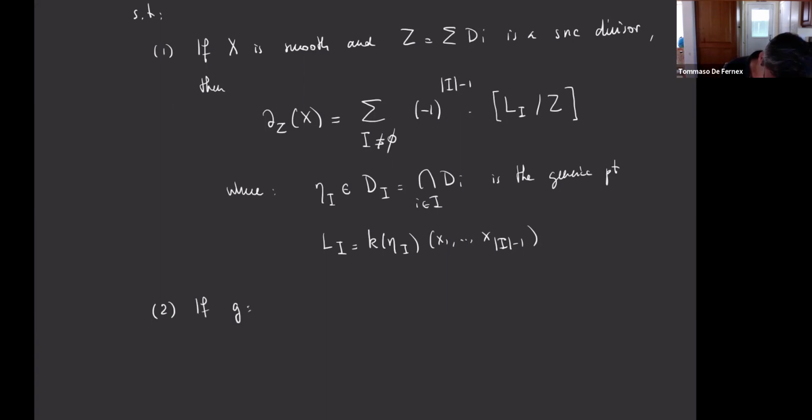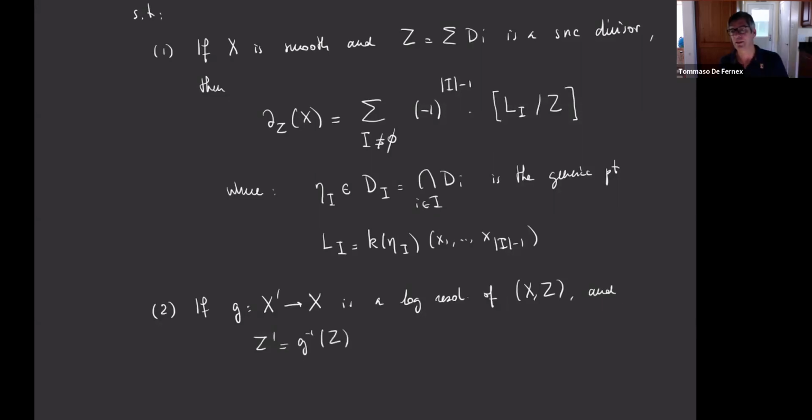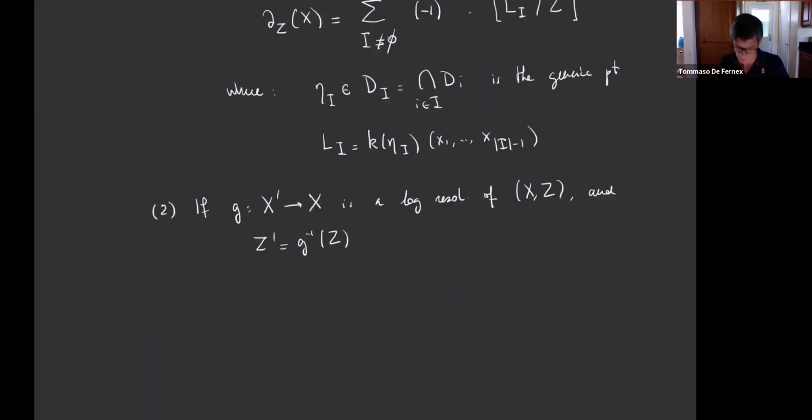If g from X prime to X is a log resolution of the pair (X, Z), and we set Z prime to be the inverse image of Z under this log resolution. And again, it doesn't really matter whether you regard Z prime as a schematic inverse image or just a set-theoretic inverse image. Then